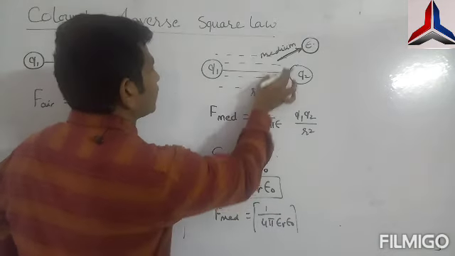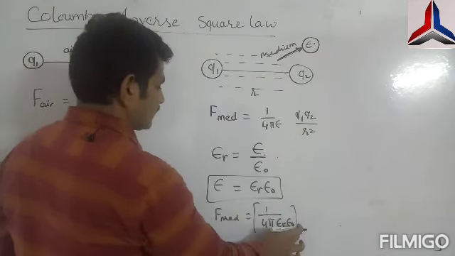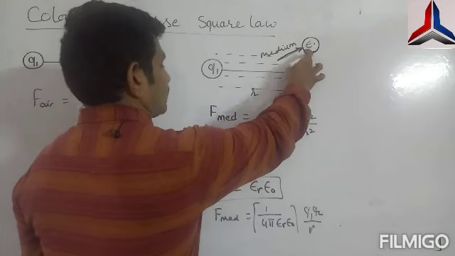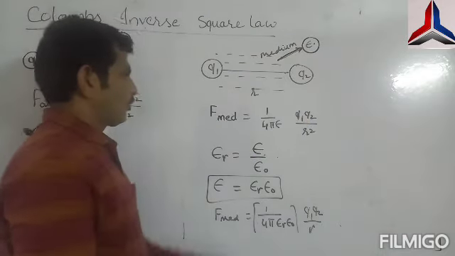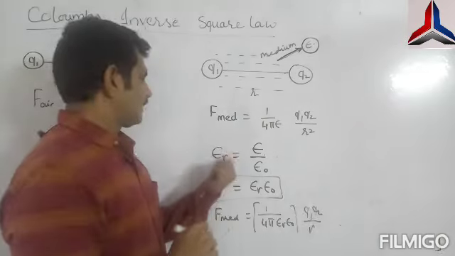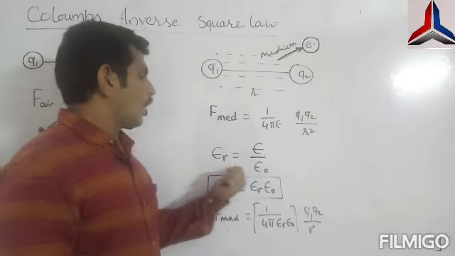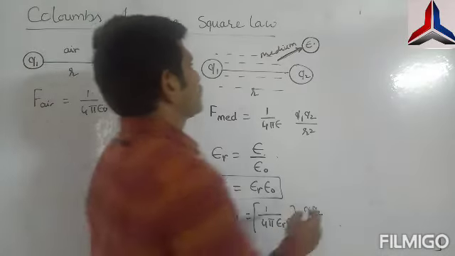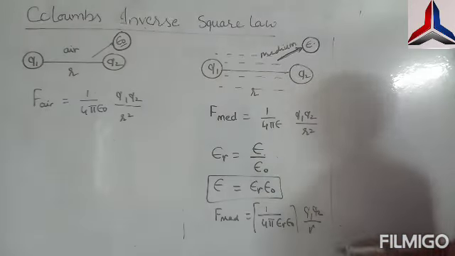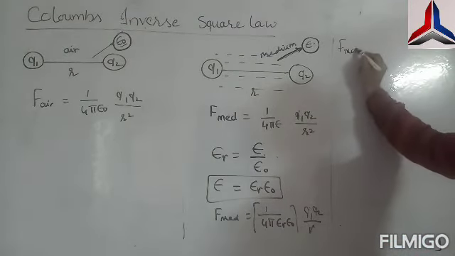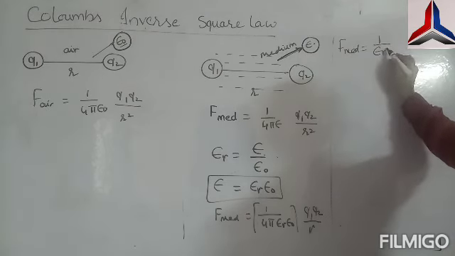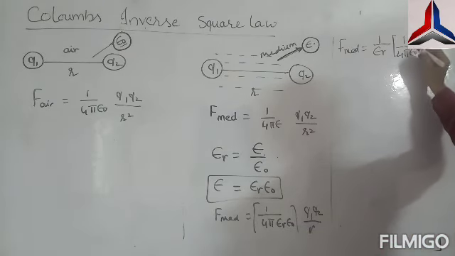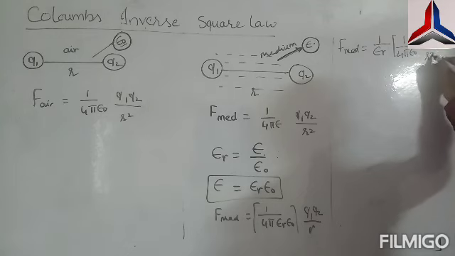So instead of the unknown permittivity number, we can take this number. Why? Because this number is very complicated. Instead of this complicated number, we want to convert it into one comfortable number, that is relative permittivity. This value is 1, 2 — how many times it is greater than the medium. Therefore, when two charges are separated in a medium, F medium is equal to, please look here, 1 by relative permittivity, a simple number, times 1 by 4 pi epsilon naught, because this value we know, Q1 Q2 by R square.